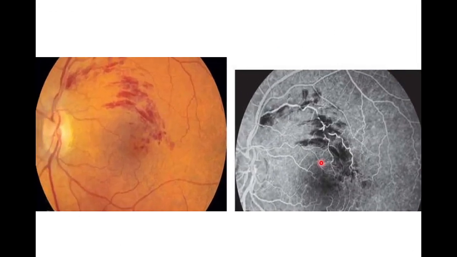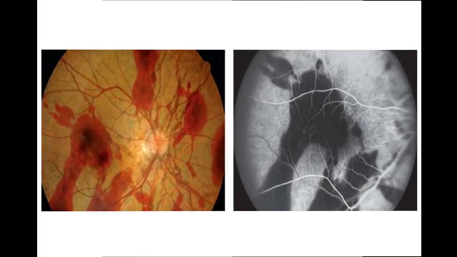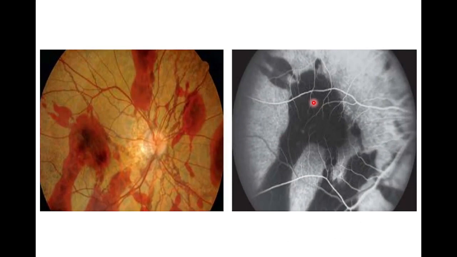This is a picture of branch retinal vein occlusion. Here, these are subretinal blood. This is the fundus picture of the right eye with multiple subretinal hemorrhages. So here also we can see the subretinal blood. What happens? We are able to see the retinal circulation, the fluorescence in the retinal blood vessels, but the underlying choroidal circulation we are not able to see because of the blocked fluorescence in the subretinal space.